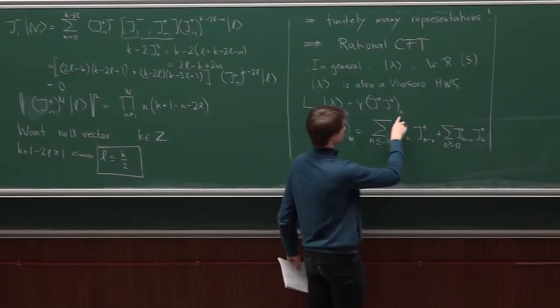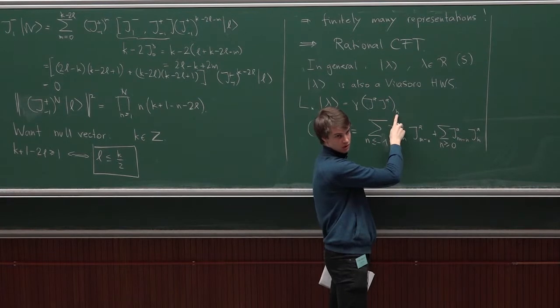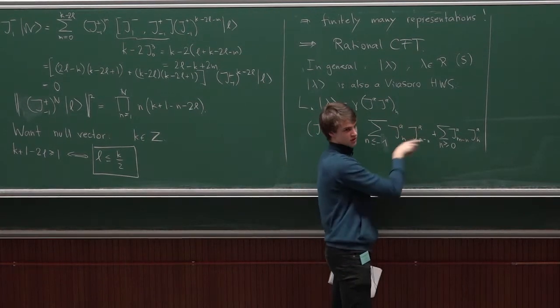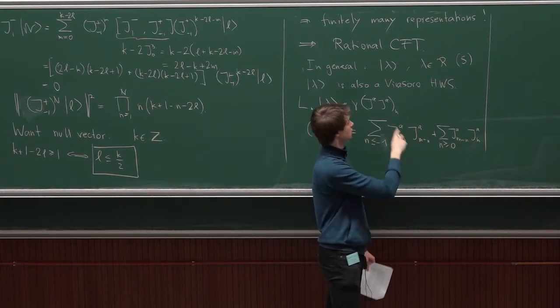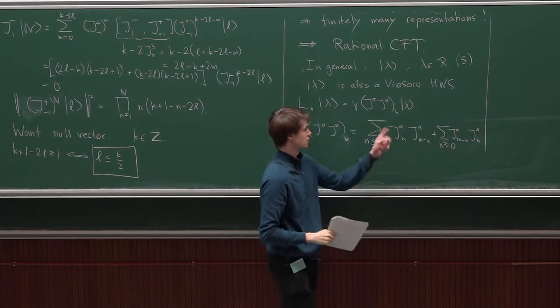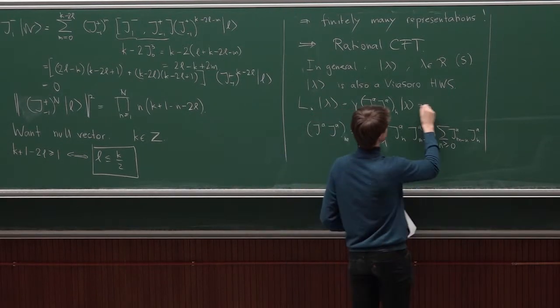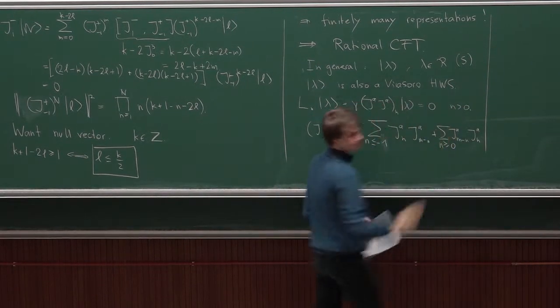And here, if you apply this, you see that if this n is bigger than 0, then my positive operator, j, will always be to the right, which kills the lambda here. Because this one mode number is always positive to the right. So that's why I get 0 if n is bigger than 0.